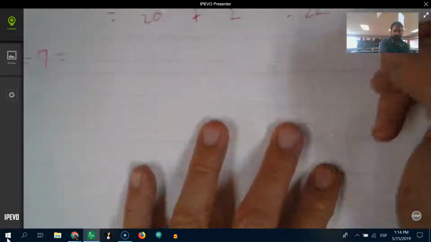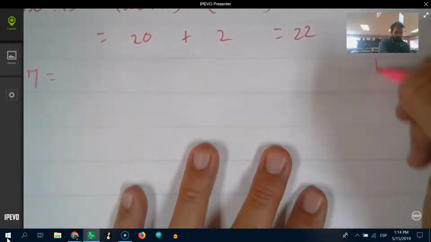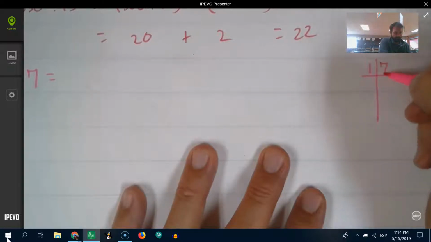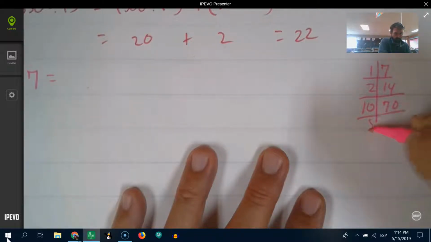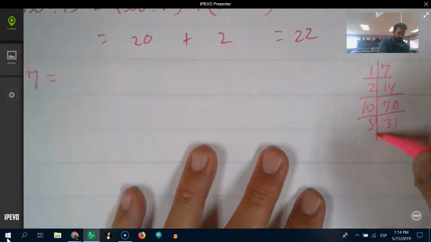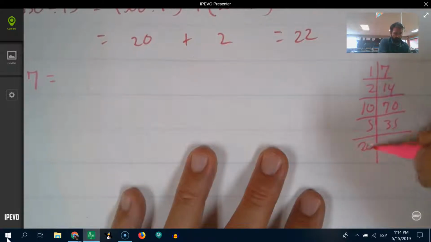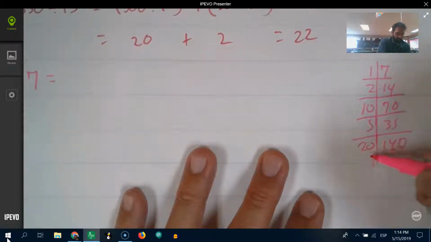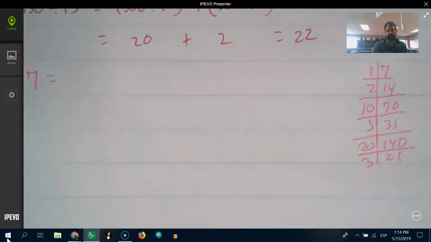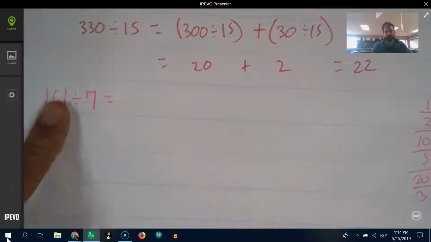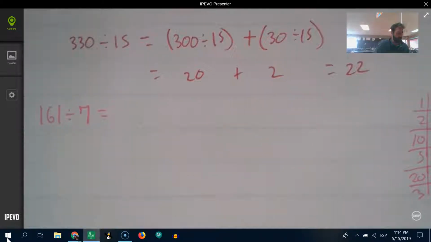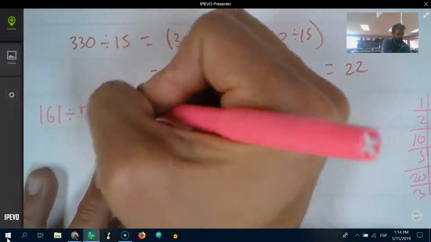If I wanted to make my list like I suggested that you do, let's do it under Mr. Light's head. What do I know about 7? I know double of 7 is 14. I know times 10 is 70. I know times 5 is 35. I know 20 is 140. Okay, I know by 3 is 21. I know a bunch of stuff. Okay. Well, do you see any numbers over here that might help us with this one? I certainly do. I see 140